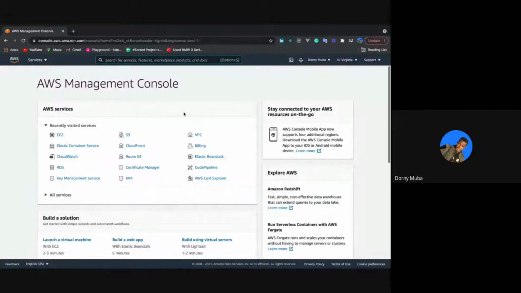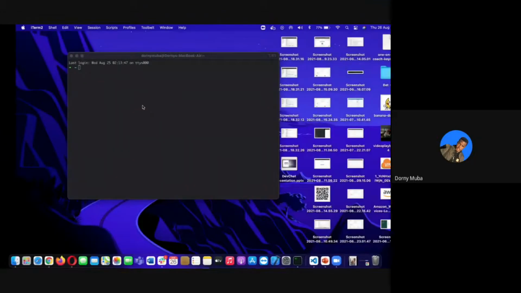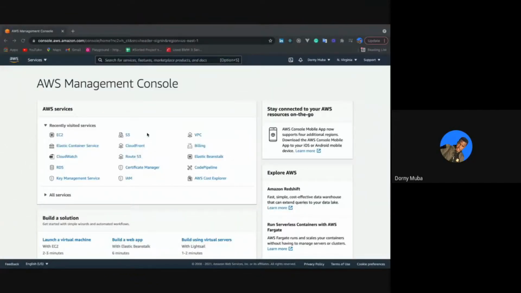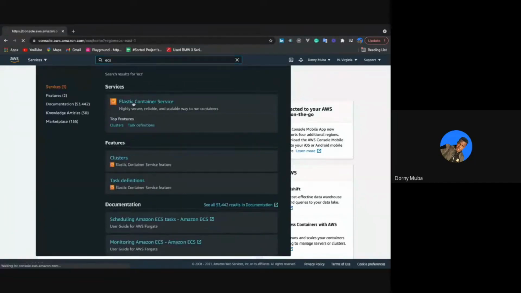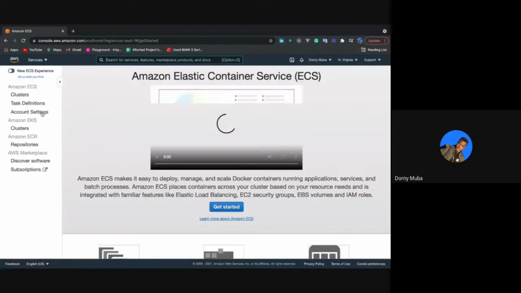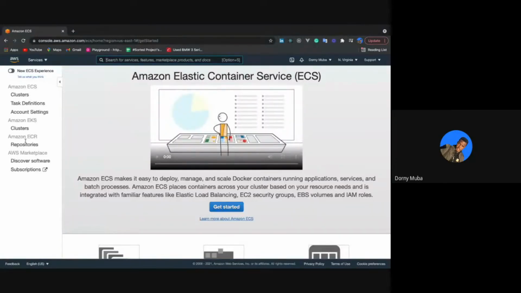Either way is fine. So in this specific session, we'll be pretty much deploying it to ECR, or Elastic Container Registry. I'm just going to open up these things real quick. I can just go on to ECS here quick. I'm just going to give you a brief introduction to these concepts here. But if I actually open up